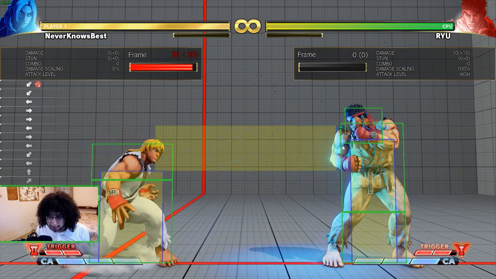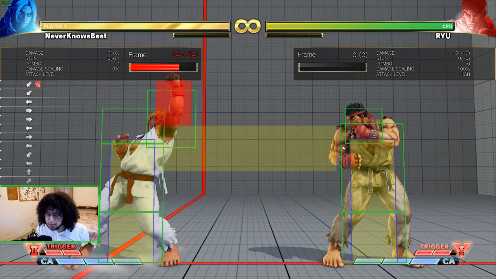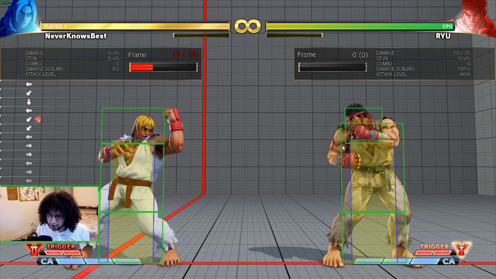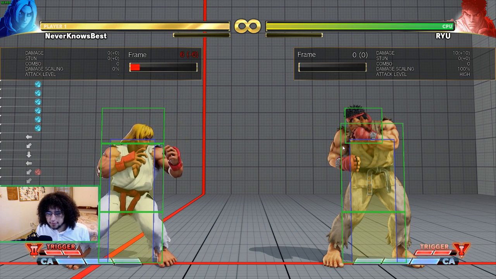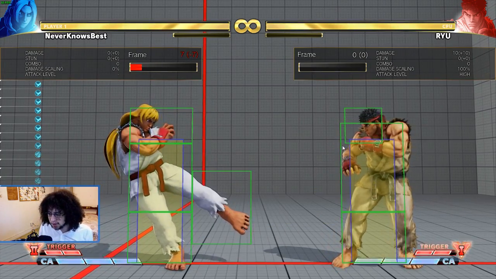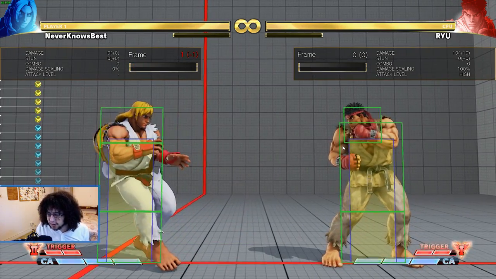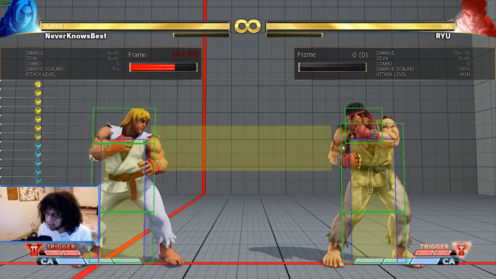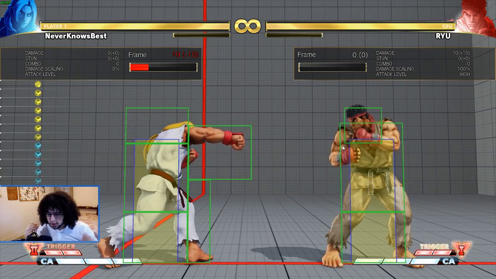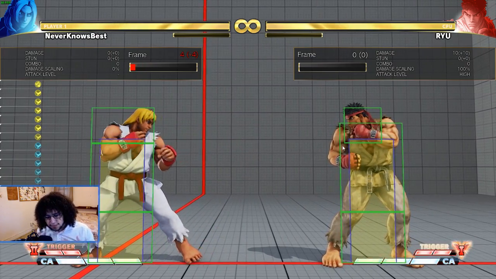Those are meaty attacks, right? That's the same thing with this move. It has multiple active frames. The later we hit it, the more plus we are, right? The same thing with jab, stand short, any move, any character. The later you hit that move, the more plus you're going to be. That's a meaty attack. When you hit it on the very last frame, when you do it ultra perfectly, that's